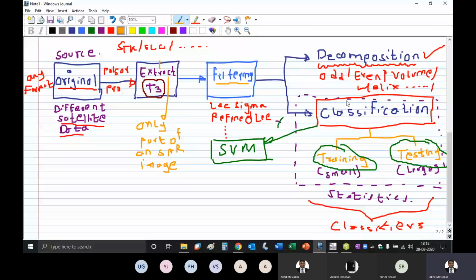For all these things, we require a classifier, and the classifier has to be trained and tested. In between, there is one step called optimization. That means how to optimize the training with the given data set. That is also important. Just giving the data is of no use.